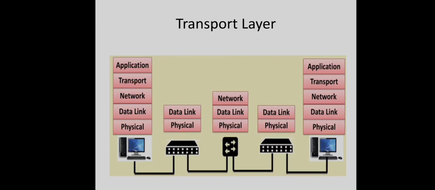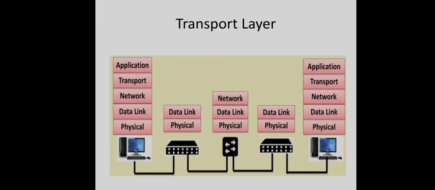The transport layer is also for this end-to-end delivery, right? The main difference is that the actual communication is not between two different machines but between two different processes, right? Actually we are communicating between two different application processes. For example, if you are surfing the internet, at the client side, the sender side, we have a browser process, right? From that browser process we are communicating to some server process, maybe a Google server process. The actual communication is between two specific processes, not just between two machines, right?